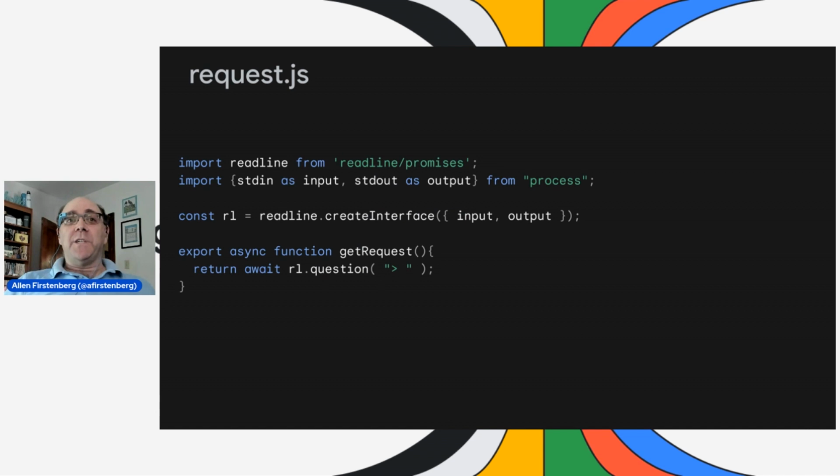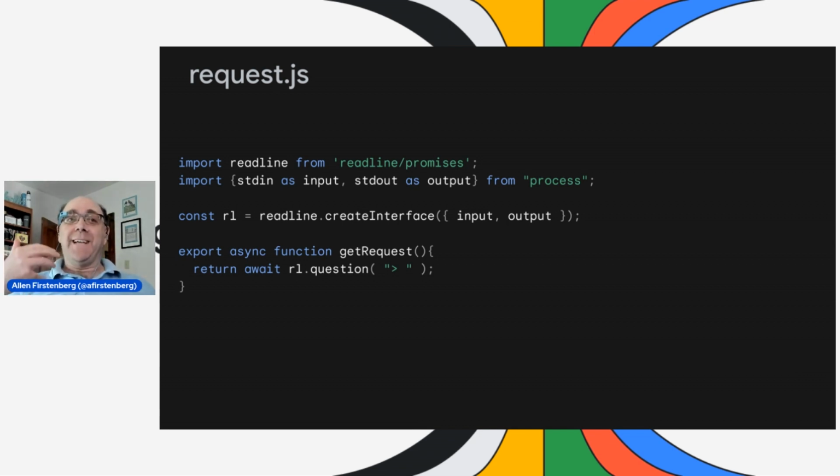Now, the first of which is really, and I'm using JavaScript for my example, but again, I want to emphasize, you can do this in any language. All these are illustrating, and what that flowchart illustrates, is whatever language you have, you'll have the same kind of pattern. So to get the request, we're going to use the readline library that's part of Node.js.